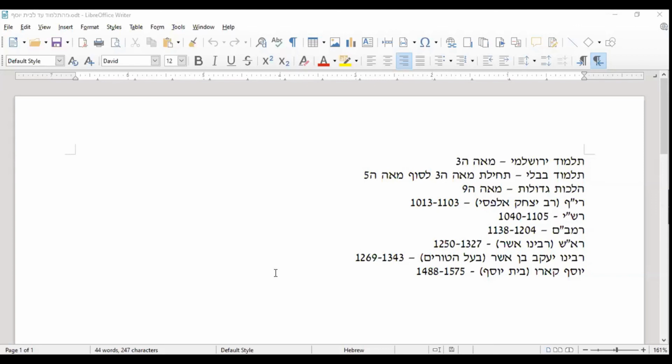So he lives in a very similar time; his life and the Rif's life basically overlap. It's not clear that one of them knew of the other. I don't think there's any indication that they were aware of each other's works. When you look at a standard Rif, you'll see there's a commentary that says it's Rashi on the Rif, but